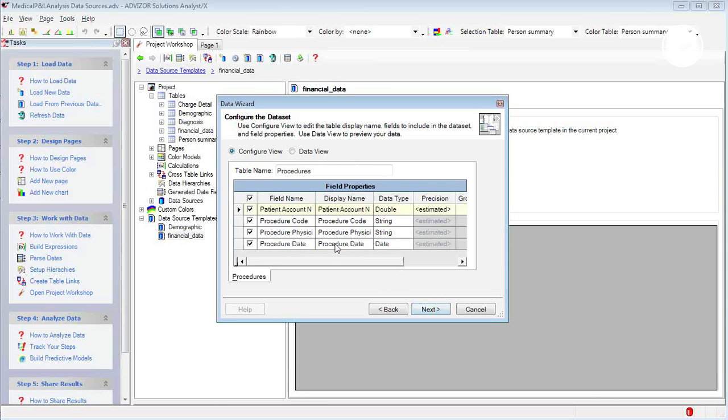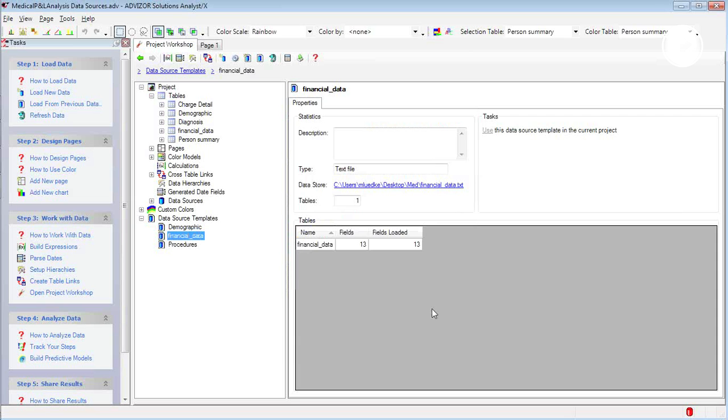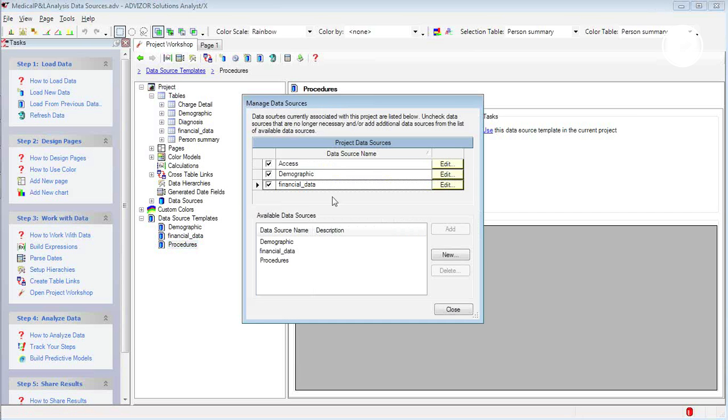And I'm just going to leave the fields in this table as is. So next, next, and finish. And so now you can see that the procedures data source is now listed under the data source templates node. So I could add this data source from this interface, or I could add it from the Manage Data Sources